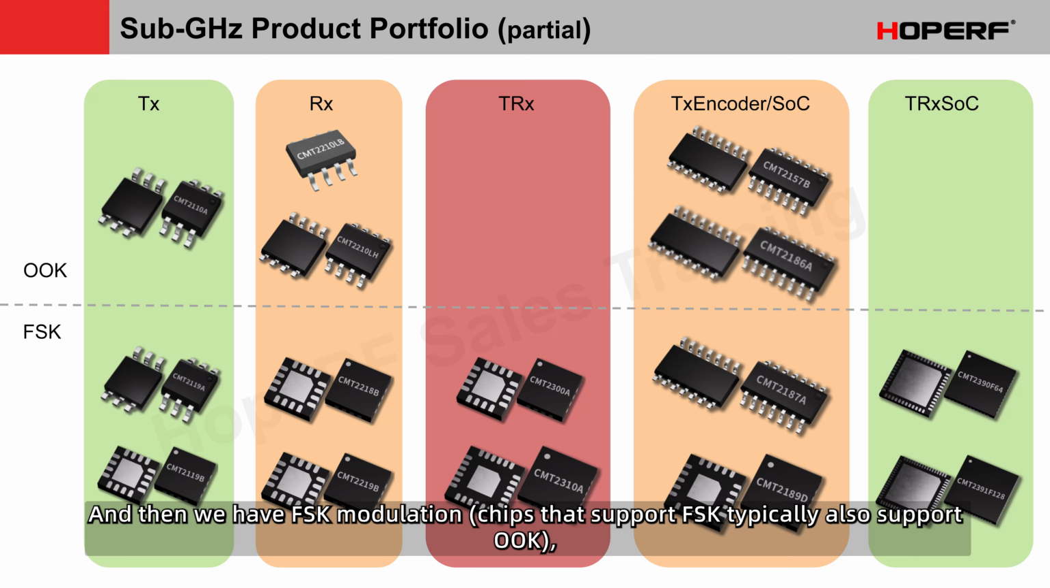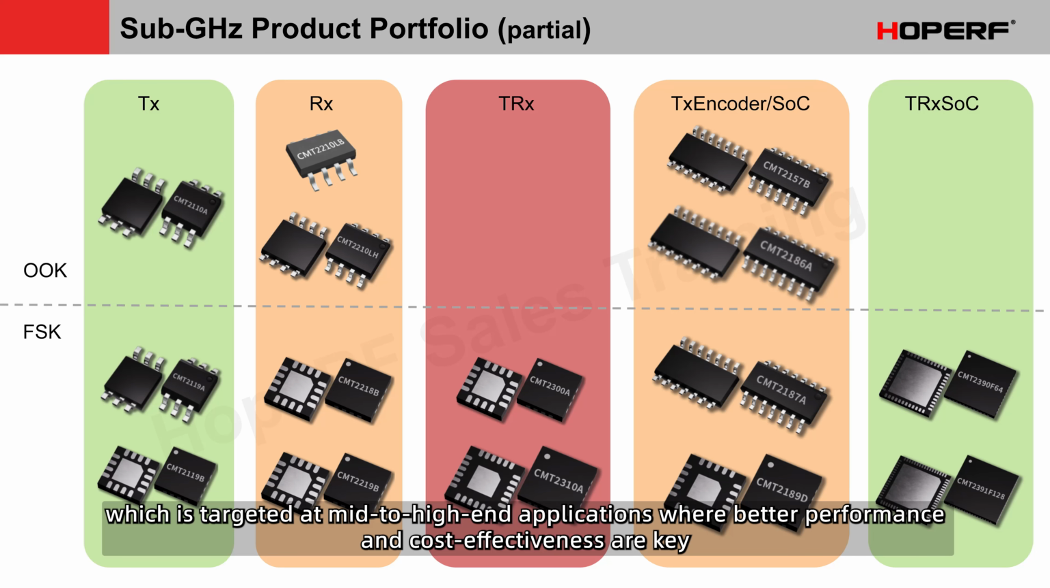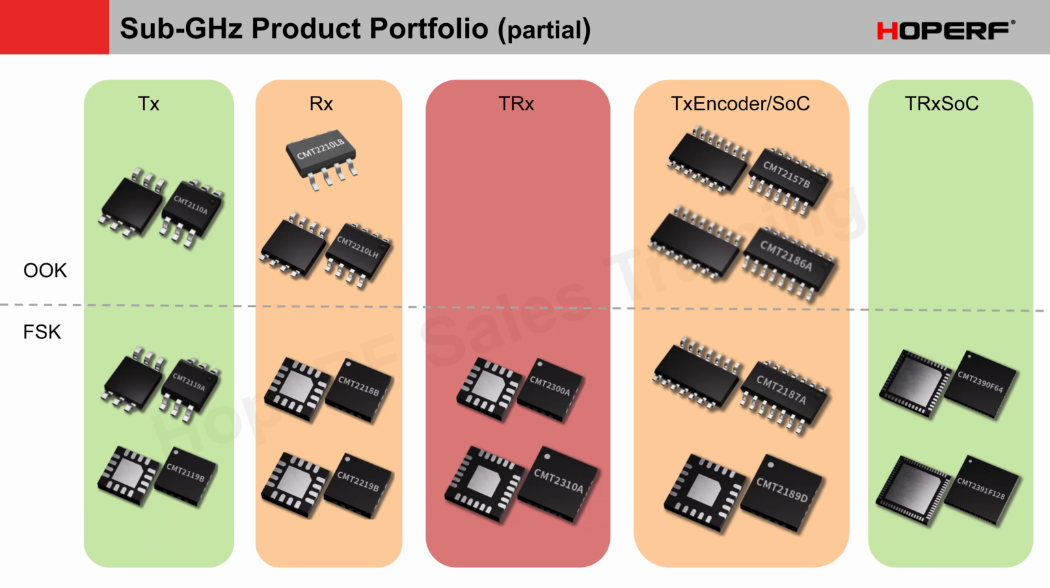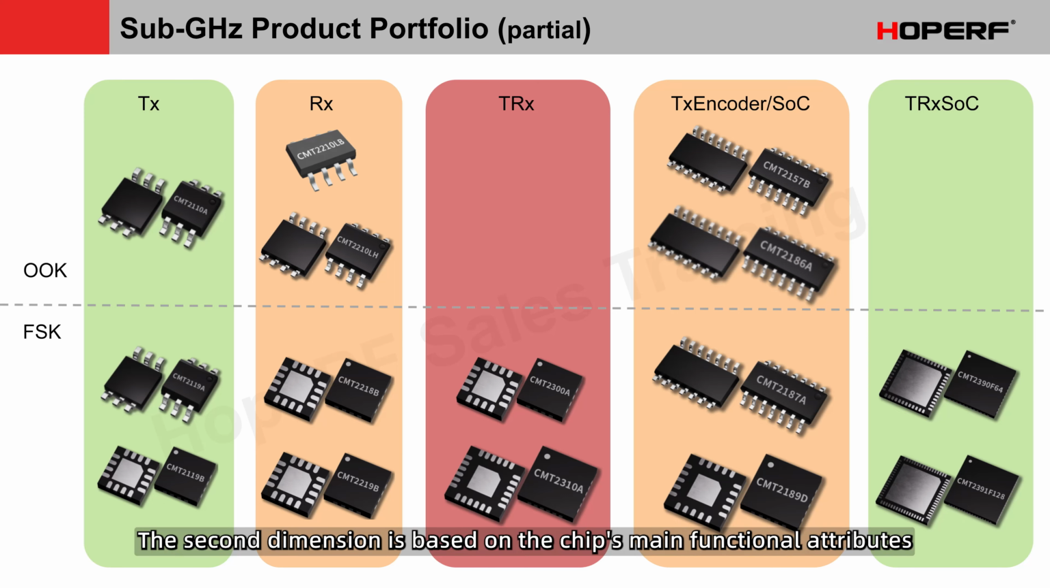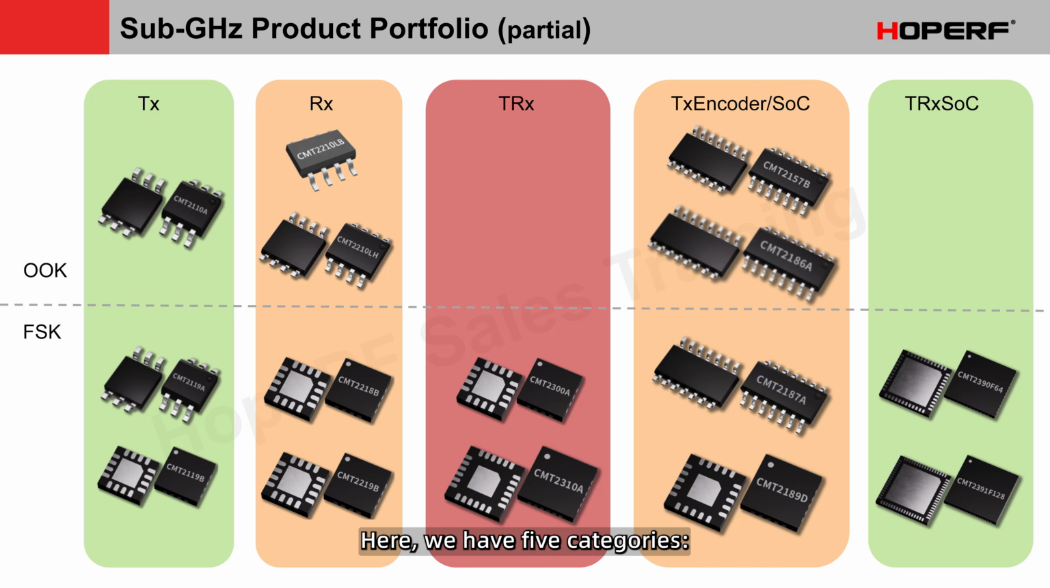Chips that support FSK typically also support OOK, which is targeted at mid to high-end applications where better performance and cost-effectiveness are key. The second dimension is based on the chip's main functional attributes. Here we have 5 categories: transmitter-only TX, receiver-only RX, transceiver TX, transmitter with encoding, transmitter with MCU, and transceiver with MCU. For example, the